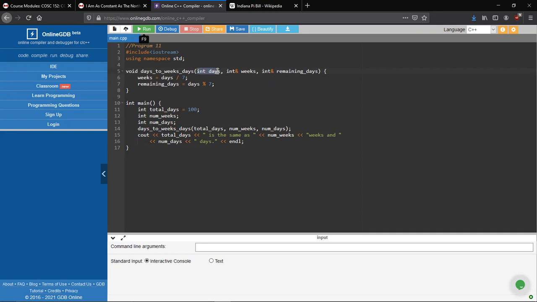That's actually going to be, we're just going to pass that directly as an argument. But then we're going to pass by reference and have int weeks and int remaining days. And what this function is going to do is create weeks, which is just days divided by 7, and then remaining days, which is days modulo 7, which basically means like